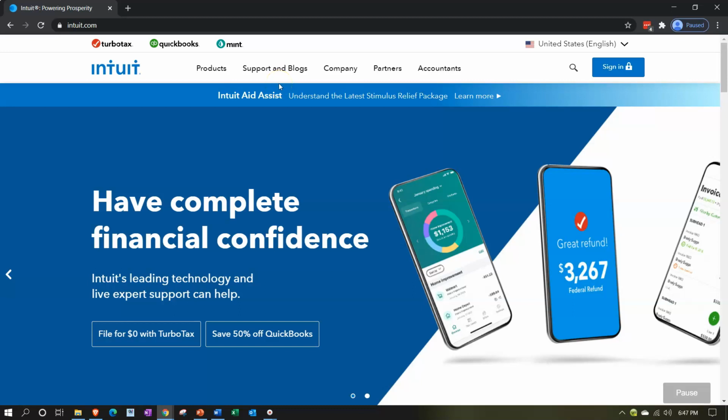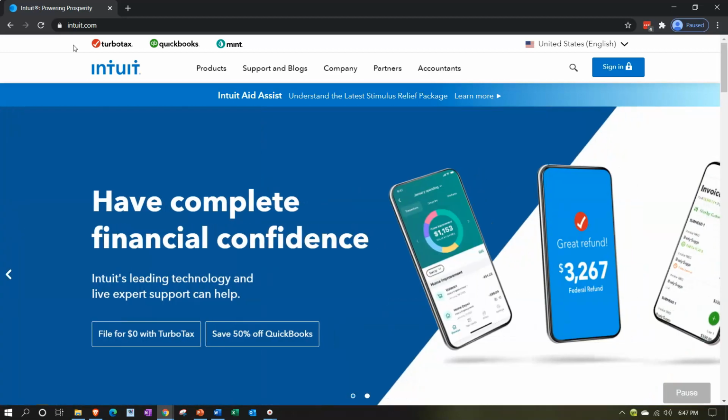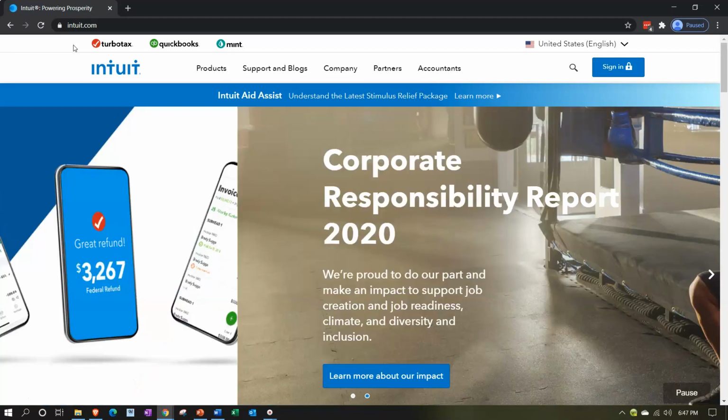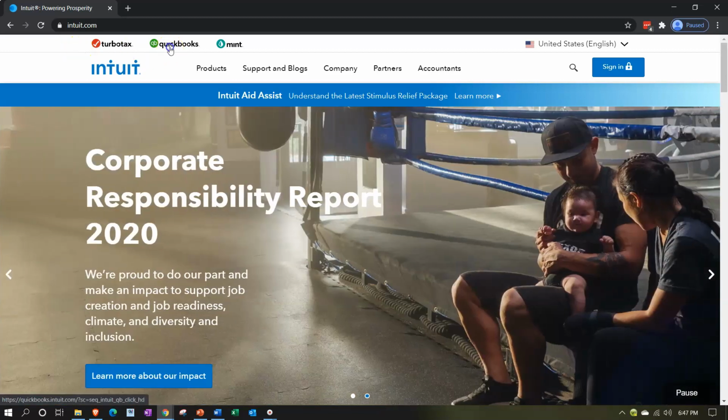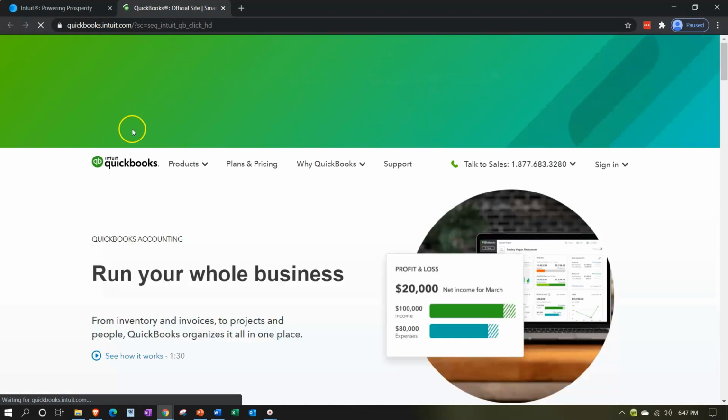Here we are on the Intuit website, Intuit being the owner of QuickBooks. It's at intuit.com. We're then going to be going into the QuickBooks items, so we're going to go into QuickBooks. Note that Intuit does own other software, so it's easiest to go into the QuickBooks page when we're thinking about